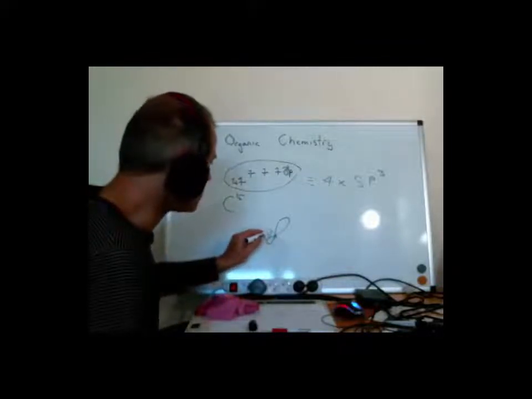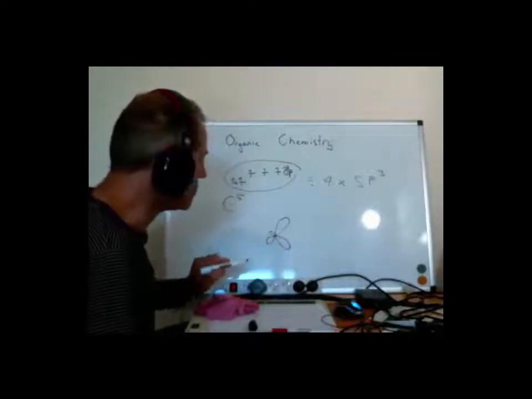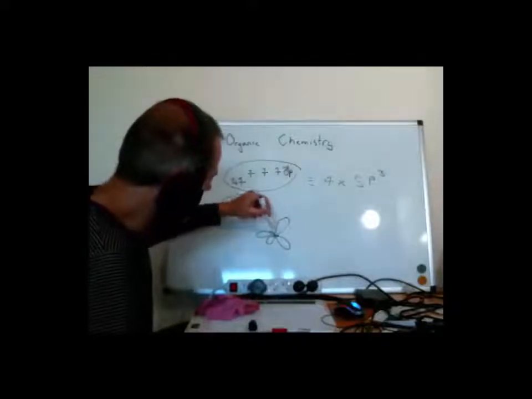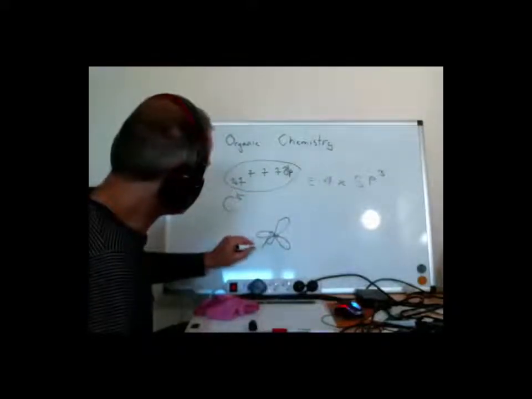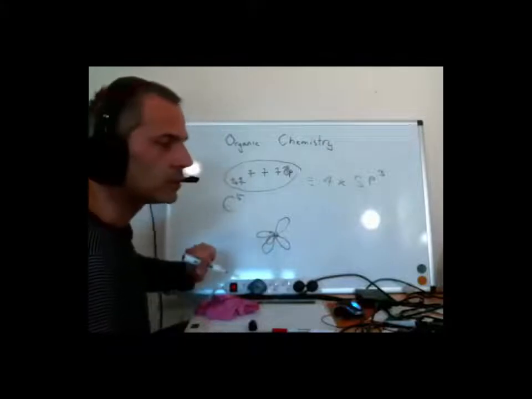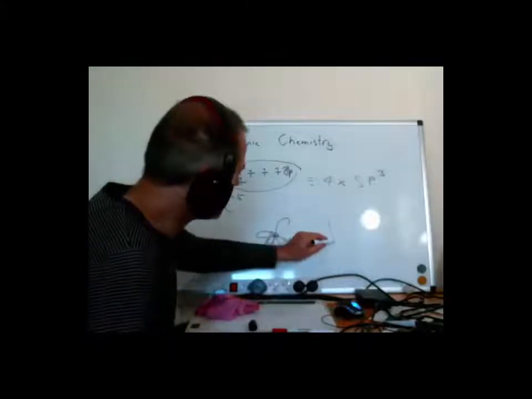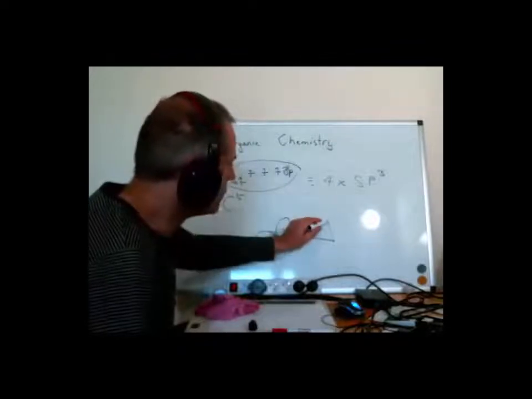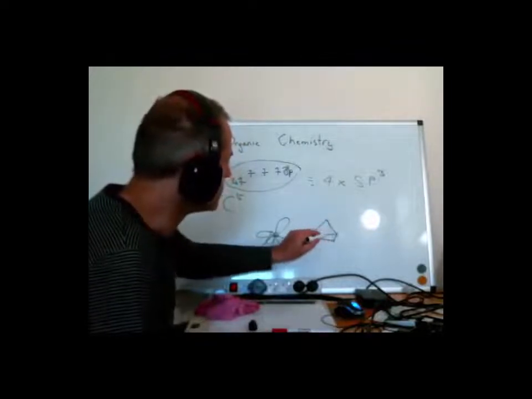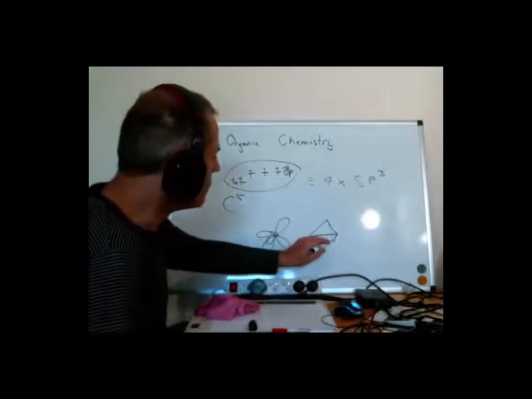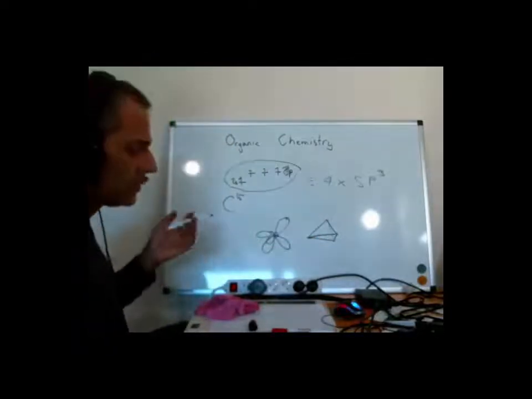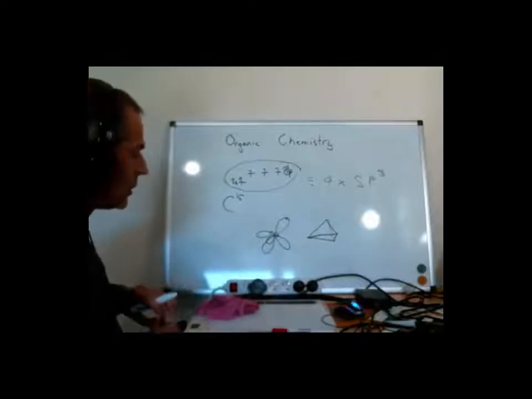A tetrahedron is a shape difficult to draw, which I always mess up. So this shape, much like that. So a tetrahedron is a triangular based pyramid with one of these at each corner,